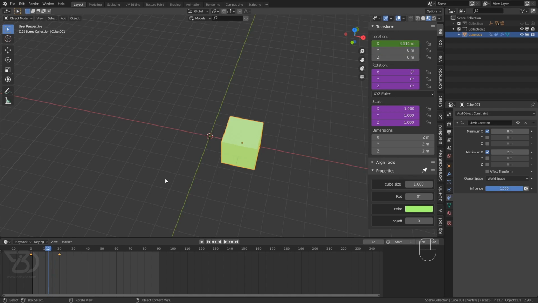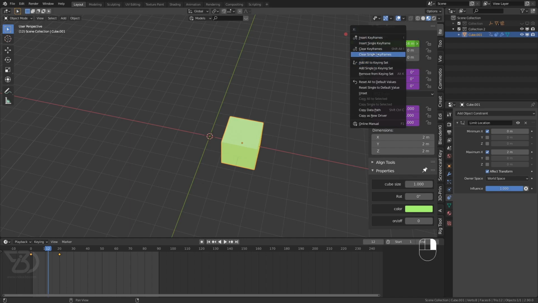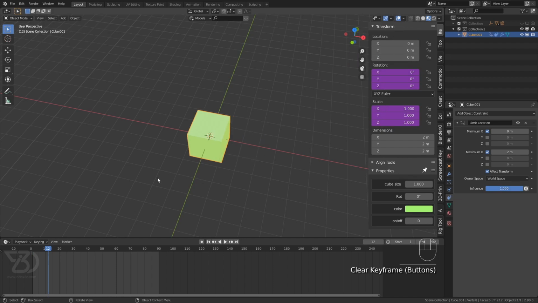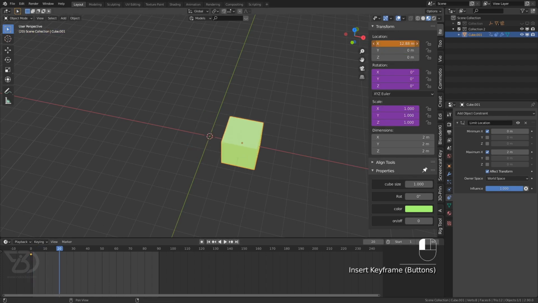We can fix this without a driver, without the custom property, with this effect transform. And let's do this again. So I will delete this, delete a single keyframe in 1.0. Then if I insert a keyframe and move it over here, now if I drag it, let's see, it's still going above the 2, and then insert a keyframe. See, it's moving from here to here, and then it stopped because this area is animating, but the object is limited to the 2.